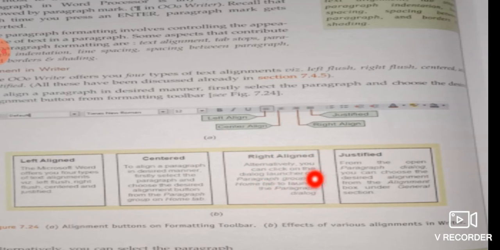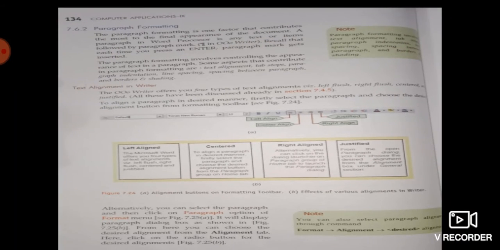will vary. And justified alignment is the ideal kind of alignment that we should use while writing a paragraph. In this, the starting and ending position of each line is the same from both the left and right positions. Okay, and for formatting the paragraph, what we have to do is click on the